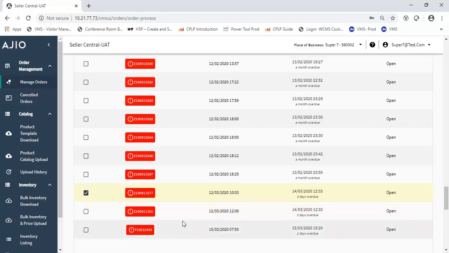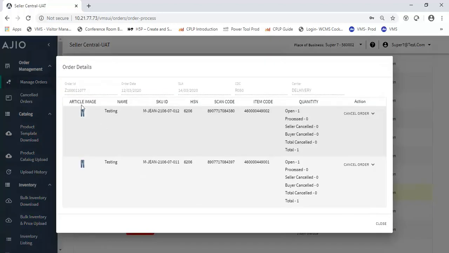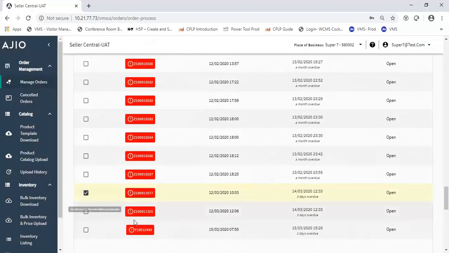Now, how to check which CDC is mapped to which order? Click on the order ID on the order page. You can see the details: order ID, order date, SLA, and here you see the CDC that is mapped to the order. Here the CDC is R050. Let's check if the CDC of the other order that I was trying to select is the same or different. If you click on the order ID,